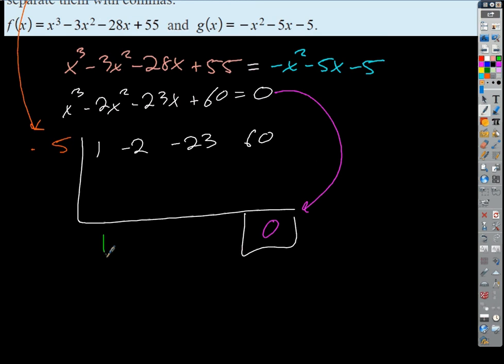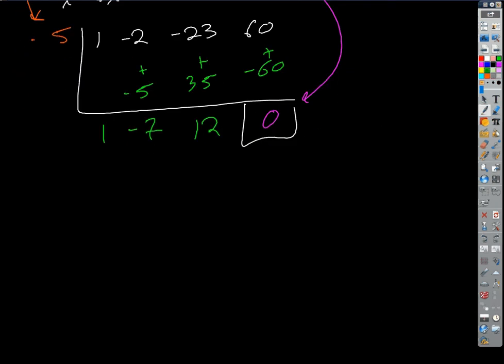Bring the 1 down. What's 1 times negative 5? Plus negative 2 times negative 5 plus negative 23, 12 times negative 5. So it works. Okay, well, if those are my values of A, B, and C, there are magic numbers this